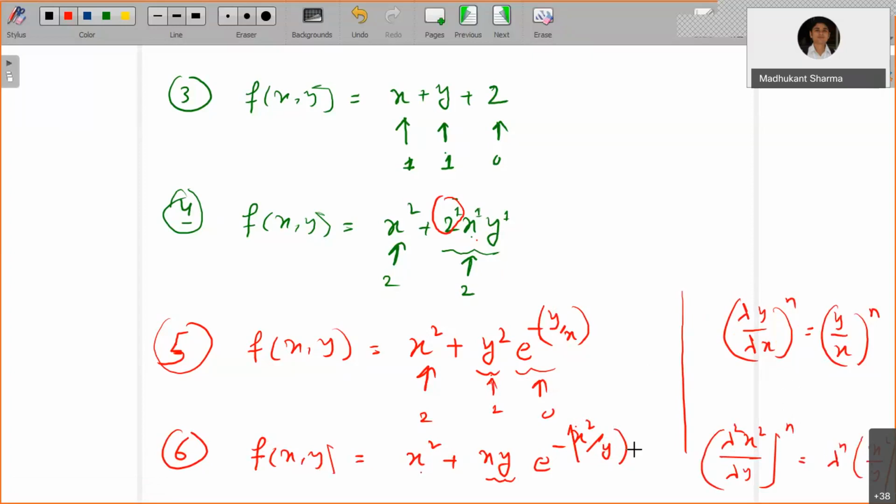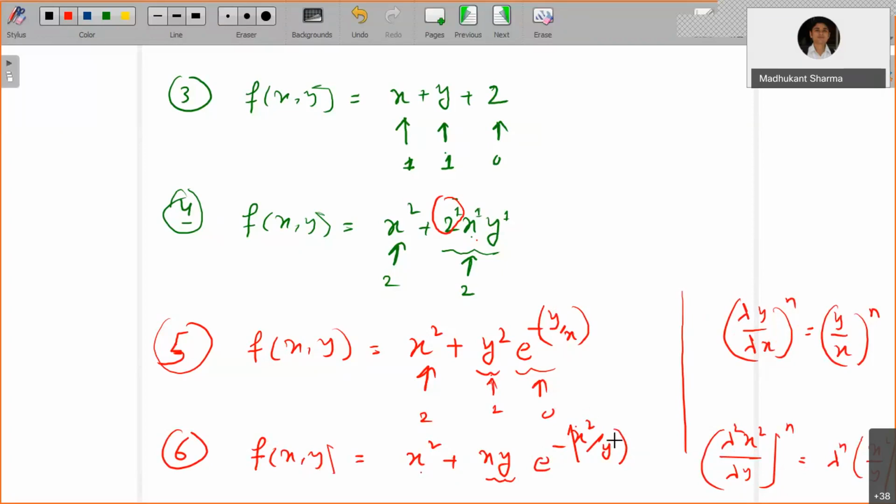So if such type of terms, a transcendental function in which the argument is not of degree 0, is straightforward, it is going to be non-homogeneous. Why? Because you can't take lambda outside of the transcendental function like tan inverse or sine of lambda x. So lambda cannot be taken out in any case. So you will not be able to find lambda to the whole power times f of xy. So whenever there is a transcendental function with an argument having non-zero degree, it is non-homogeneous.